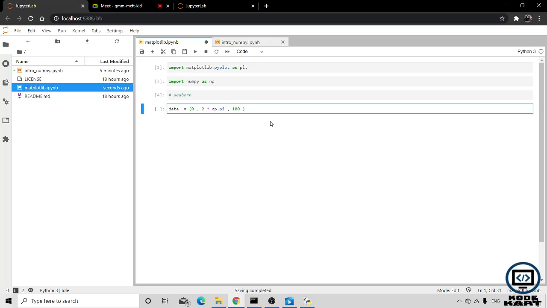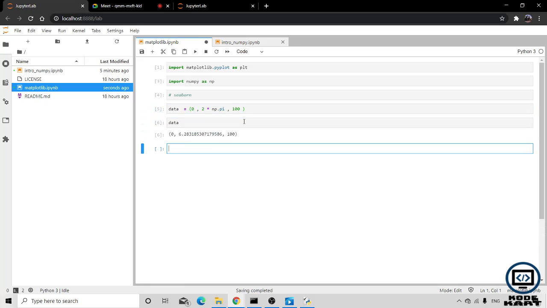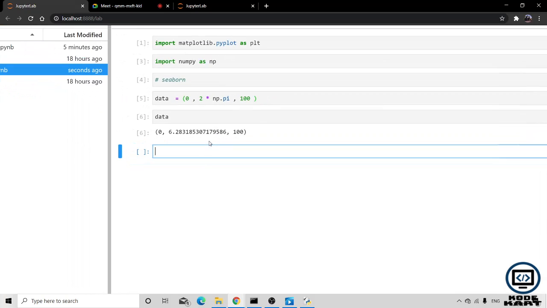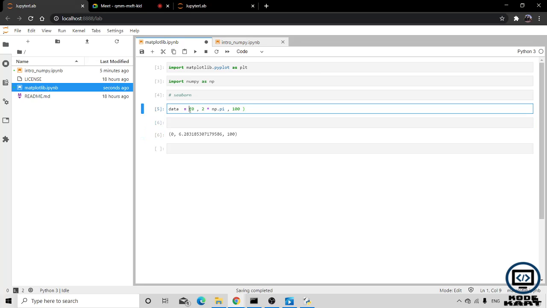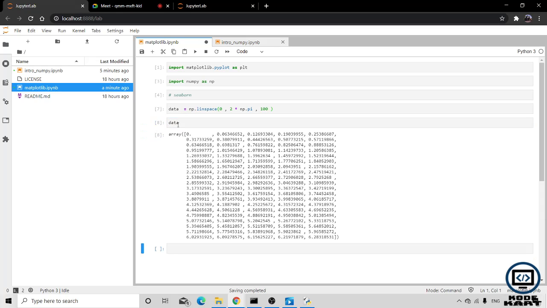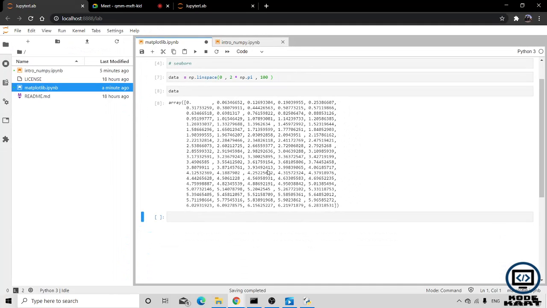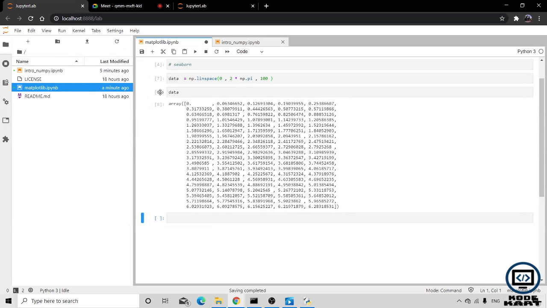But these values are in numerical form, not in degrees. Now if I print data, there are 100 values between 0 and 2 pi, that is 360 degrees, in numerical form.